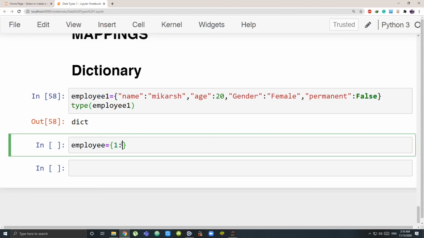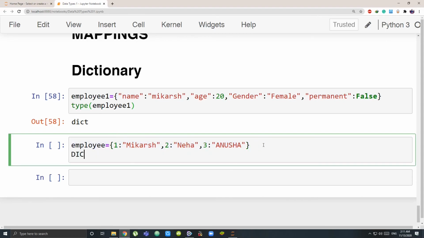The name of the employee is Mikash, then the next element is the second member, so 2. The key is 2, that is the second member is Neha, then the third member is Anusha. I can have it capitalized also, that's not a problem. So this makes my another dictionary.